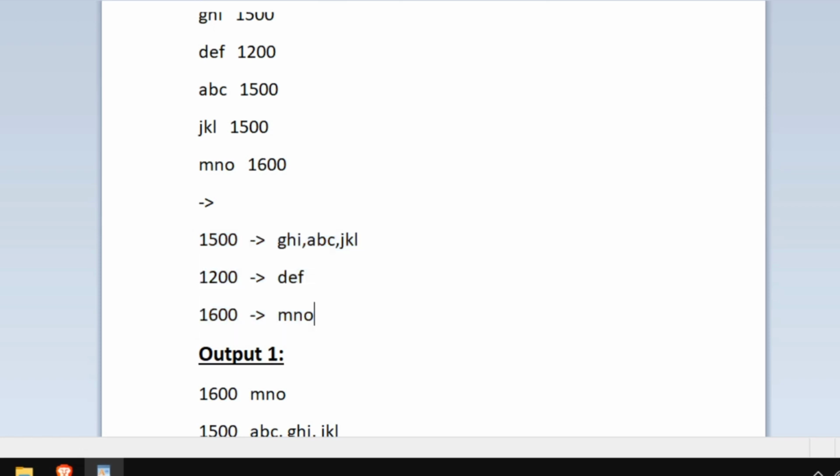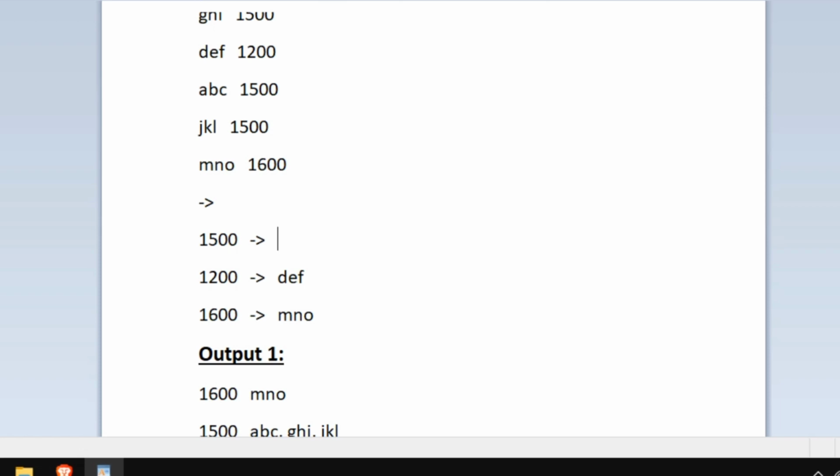So here we can see that for 1500 there are 3 customers and the names of the 3 customers are not in sorted order. So GHI and then the next customer is ABC and then JKL. So these 3 strings are not in sorted order. So now our task is to sort these strings.